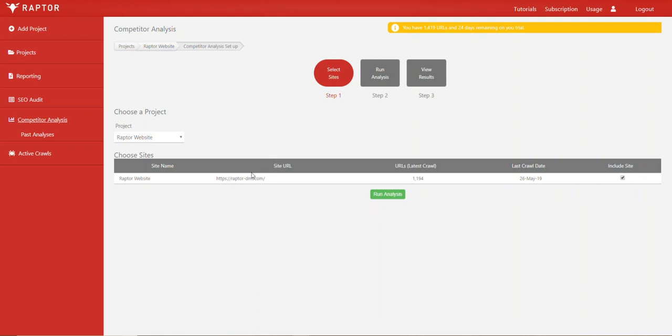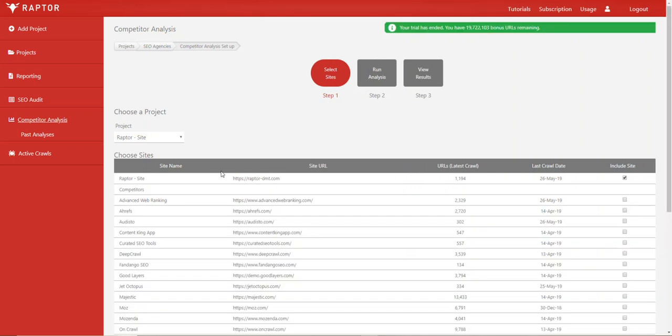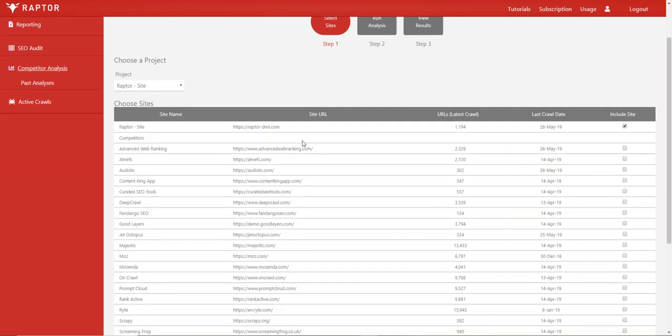You need to have added at least one competitor to be able to run a competitor analysis. And you also have to have crawled that competitor as well as the main site in order to run the analysis. Now, if you've done that already, then you will see a screen that's more similar to this,